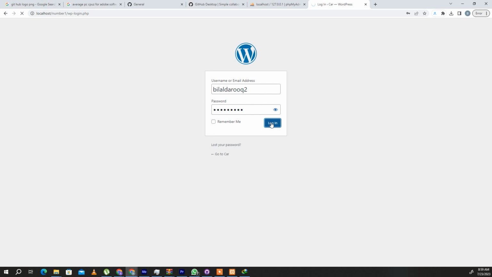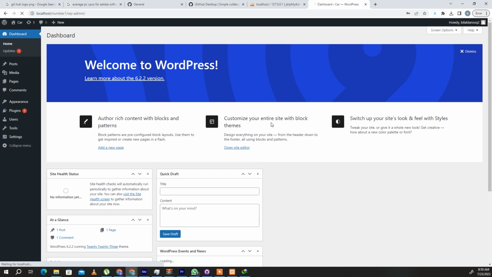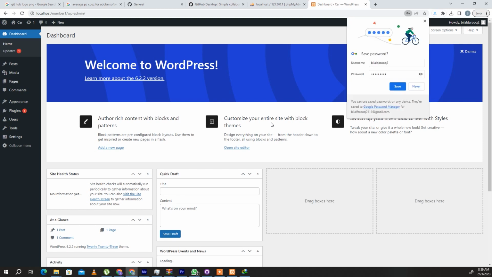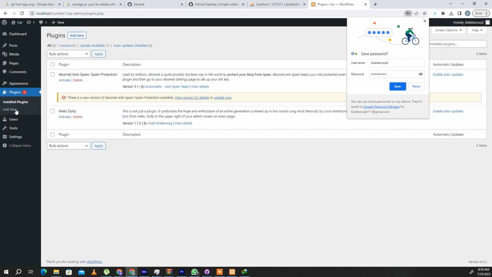It might take a little more time to load because it is the first time. Now it installs the WordPress version on the PC, not on the GitHub page. So now it is a full-fledged WordPress, not the demo version or another version that doesn't allow us to install plugins and so on. So now we need to go to the plugin, and in the plugin, add plugin,